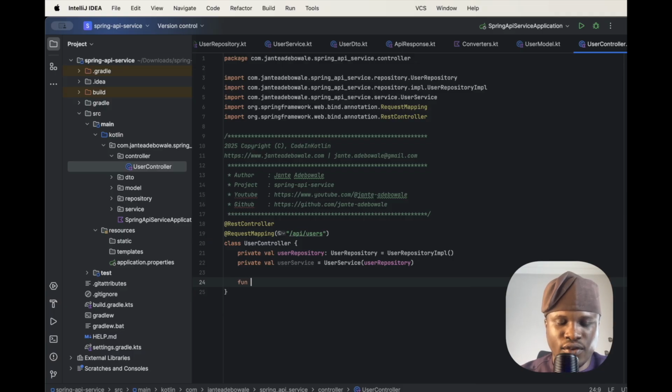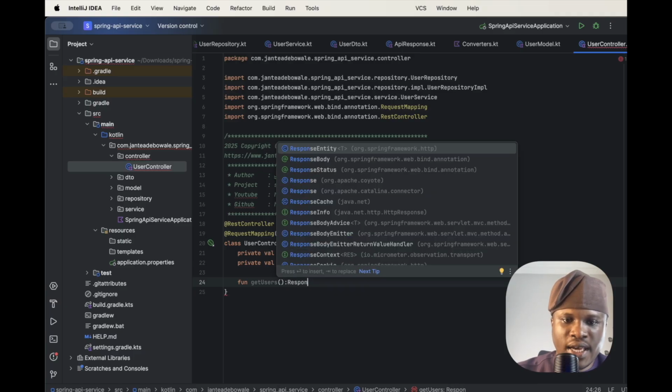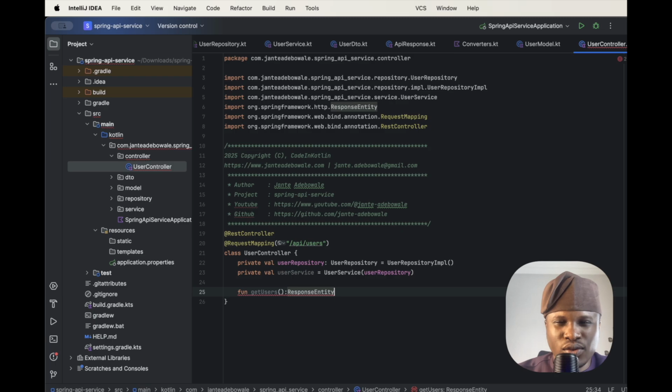So this is going to be a function. We'll have it as getUsers, right? Then this will return, okay, getUsers, right? Then this will return ResponseEntity. Yes, because we want it to be flexible. We want to be the one to define our response code and our body, the data that will be returned back to the client. So we're going to cast this to API,